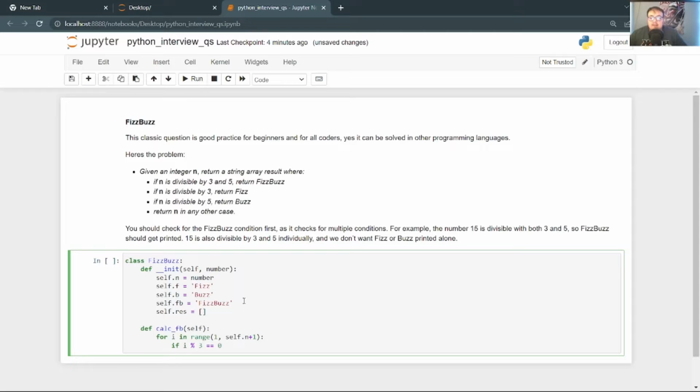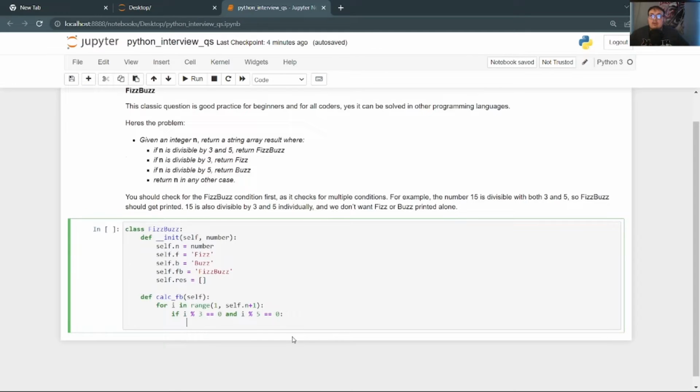This means that if the number 6 is passed in and when it's divided by 3 has no remainder, it is divisible by 3. So that gives us a true value. And i modulo 5 equals 0. So again, going to our example with 6, both of these have to be true in order for this statement to work.